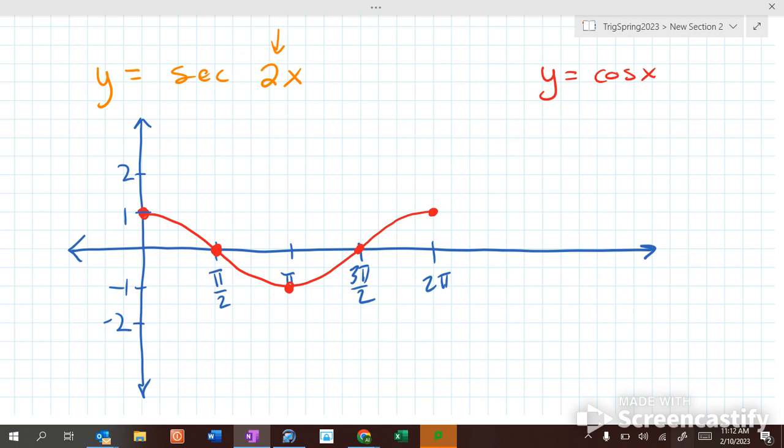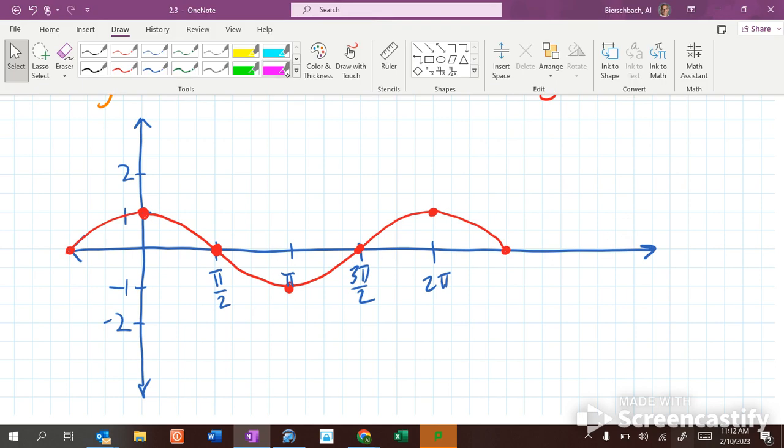All right. We're just extending it out so we can get our full parabolas in. All right. Now, what does